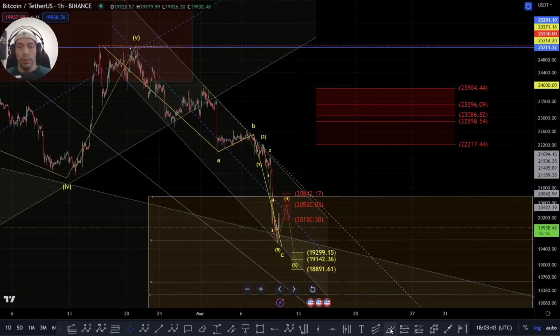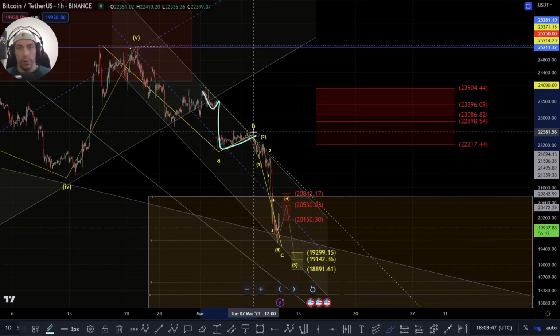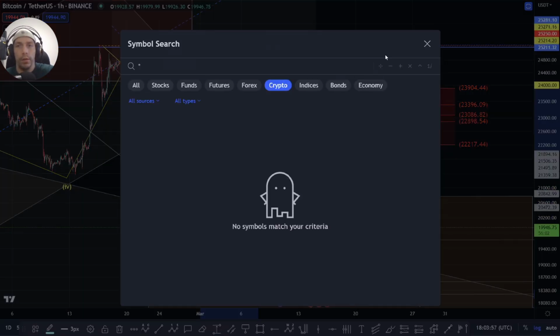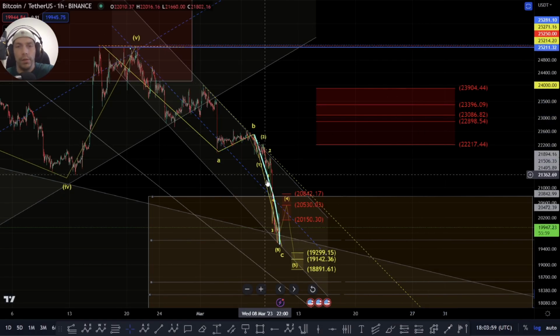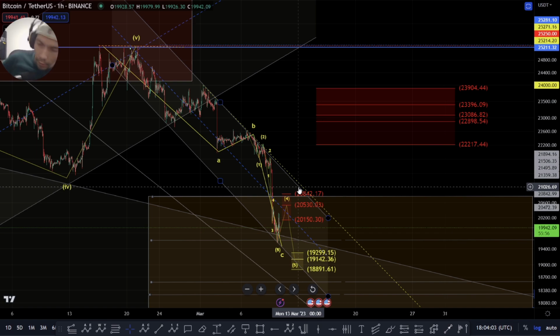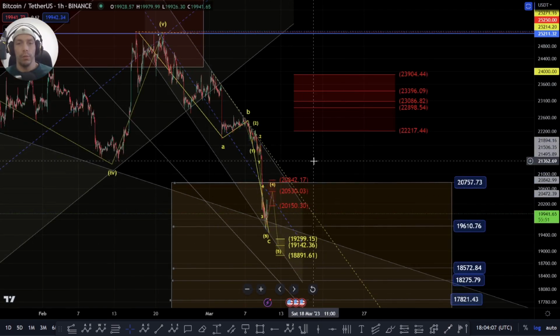But the thing is, what we could also argue is within here we have one, two, three. This is a fourth as a triangle, and then we've actually had an extended fifth wave, because it actually reaches that 1.618 of this move here. So, there's a couple of ways of looking at this. We need to see a decent move to the upside, and we need to see it break above some of these fourth wave rejection areas,